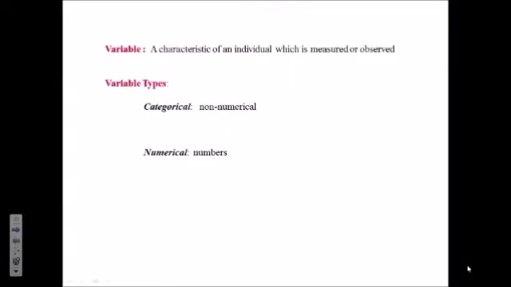The variable is a characteristic which we are measuring or observing. So, for example, we could let x be a variable, and it could be equal to the age of a person. So when we're gathering data, we would say the first person is 5 years of age. We would say x is equal to 5. The next person is 7 years of age. We'll say x equals 7. Or x could be